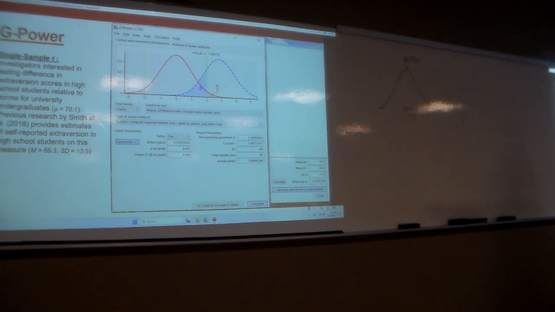I can just enter my effect size in here if I want to, but I can also hit determine and calculate it here. If you already have your effect size calculated, just type that in here. But if you want to, you can hit determine effect size. Here's my reference value, here's my observed value, my standard deviation, and I hit calculate, and it'll give me an effect size of 3.55. Then I say calculate, transfer to main window, and just kick it over there. Okay. So we've got my effect size,